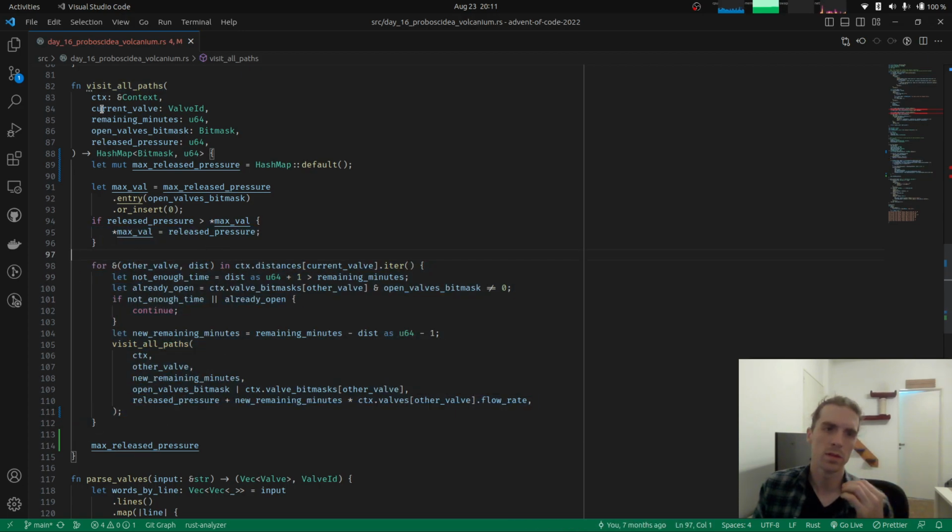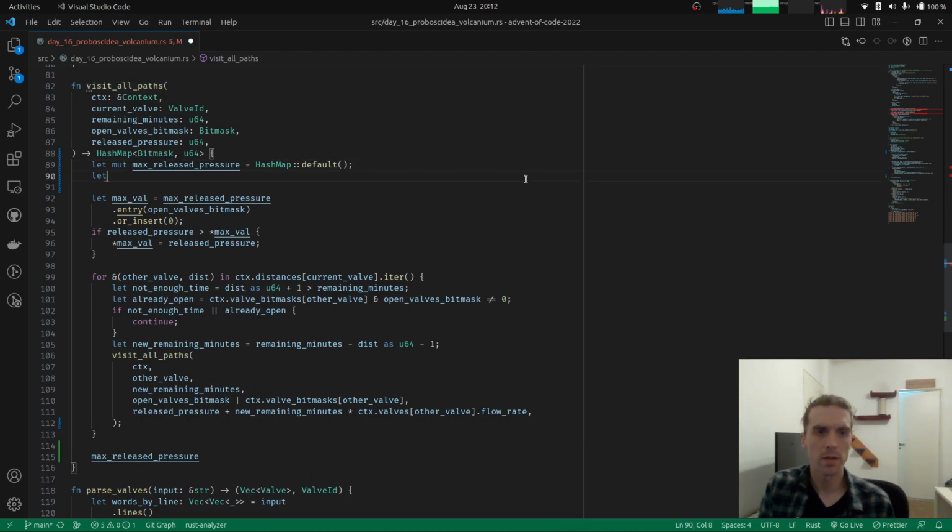And the secret to transforming a recursive function like this into a loop is basically to reify the call stack into an actual value. So instead of keeping the state of things implicitly, or not implicit, but on the call stack, we're going to keep it in an actual stack variable, which we are going to just simply call stack, and we are going to use a vector for this. And we are going to initialize it with an initial value, which we are going to think of what we need to put there. For now, let's put an empty